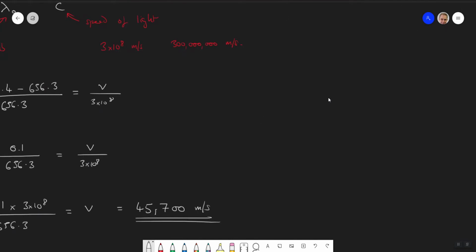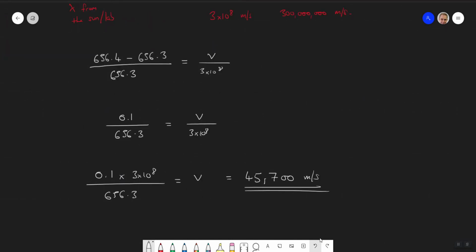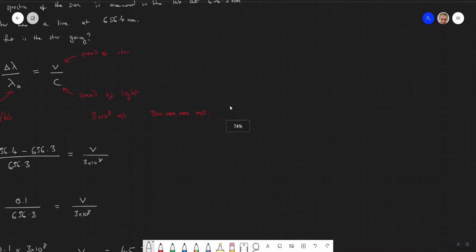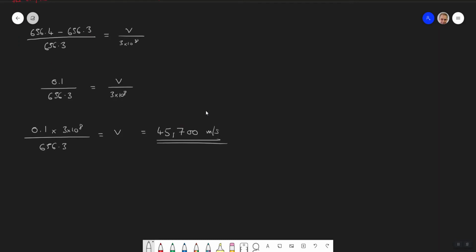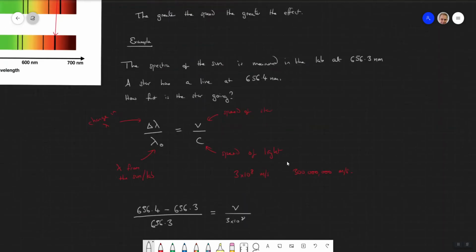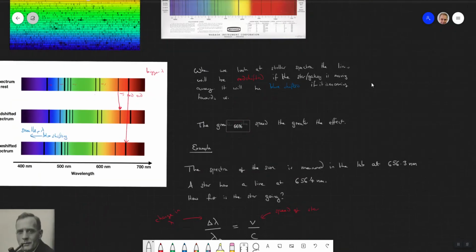So I want to do a second example. Let's say we know the speed and we want to know the new wavelength. We've got a different speed, but we know that we're expecting speeds of a lot. Okay, this is still very fast, faster than pretty much anything that's been man-made. And this thing is going away from us because the wavelength has gone larger.